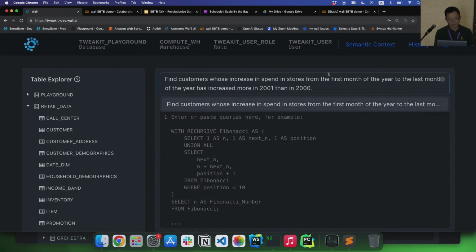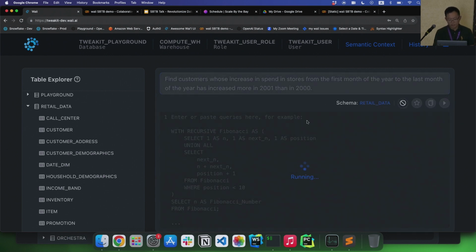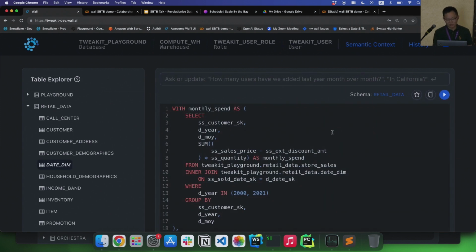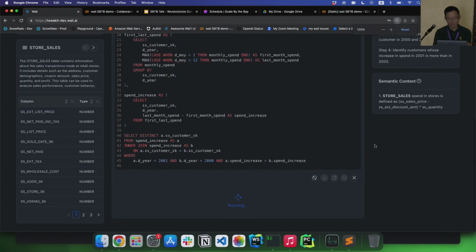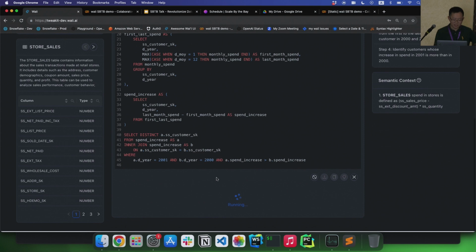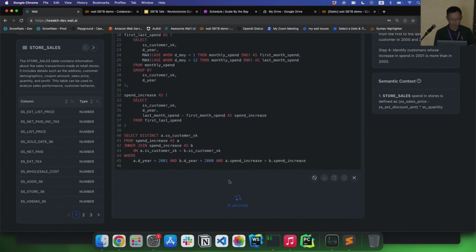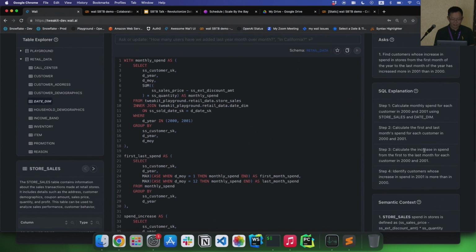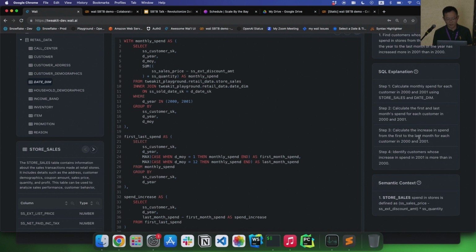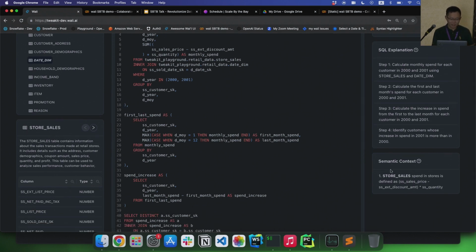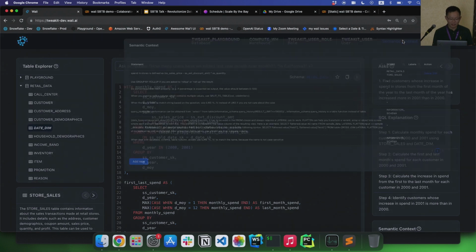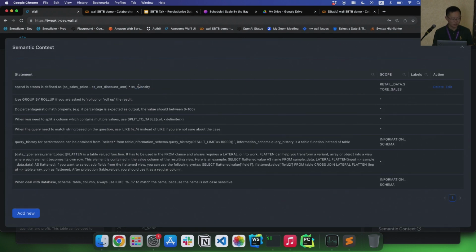This is kind of like traditional BI questions. So find the customers, compare the 2 years of customer spend and stuff like that. Let me zoom back. I just submitted this query, and let's see if this is runnable. This currently is running on Snowflake. On the right side, we generate the SQL explanation for the query. If you are not very familiar with SQL, you can read this explanation to get some understanding of the query.